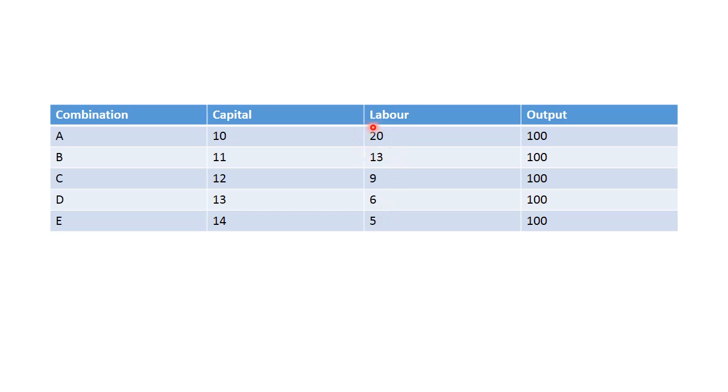Now, as we have diminishing marginal rate of substitution in indifference curves, in isoquants we have the marginal rate of technical substitution. This marginal rate of technical substitution is the amount of labor we substitute for getting an additional unit of capital. Now this goes on diminishing as we go on adding more and more capital. The number of laborers we have to sacrifice, or which we can reduce, is getting less and less.